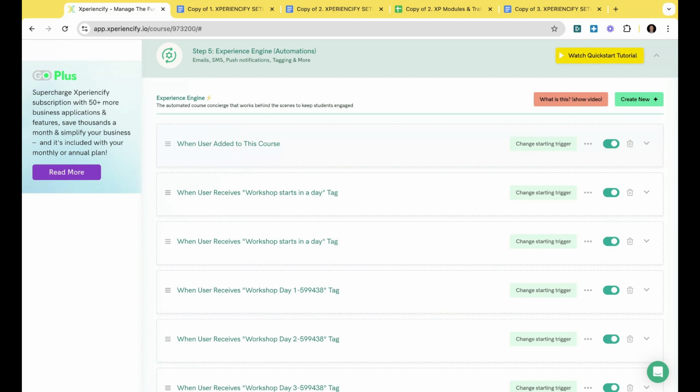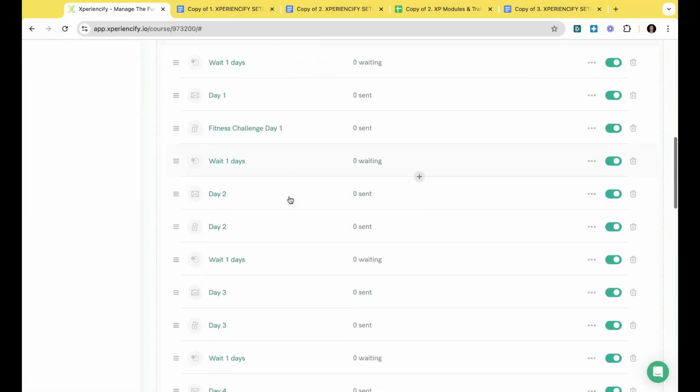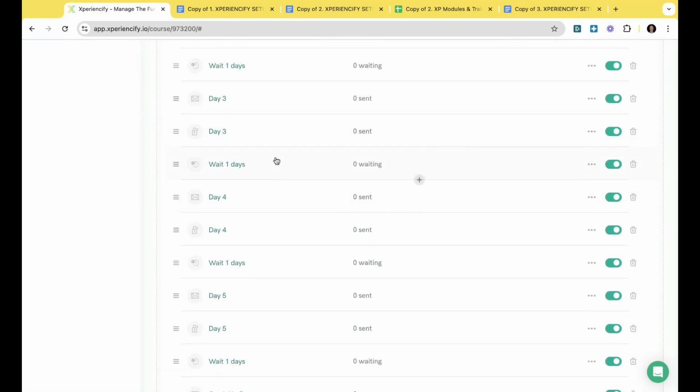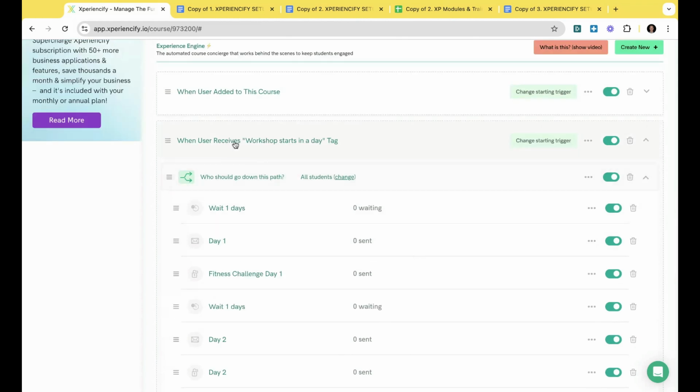We could also use the Experience Engine to add a tag to a learner's account or a student's account, so that we say, hey, look, when they have completed training number 1, put the tag training number 1 on there. Or we could give them a badge when they've completed training number 1. Look at this, you can put badges on there.